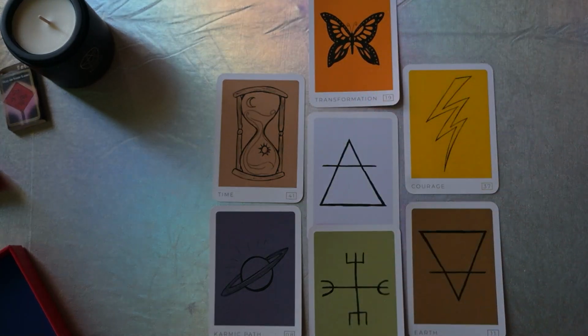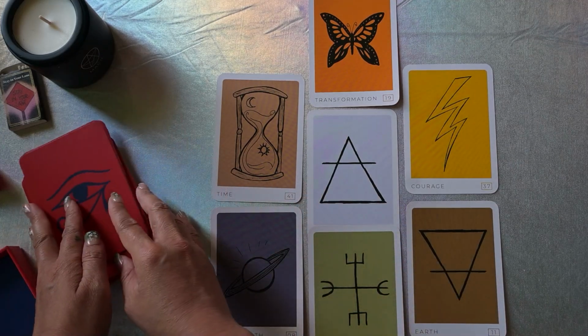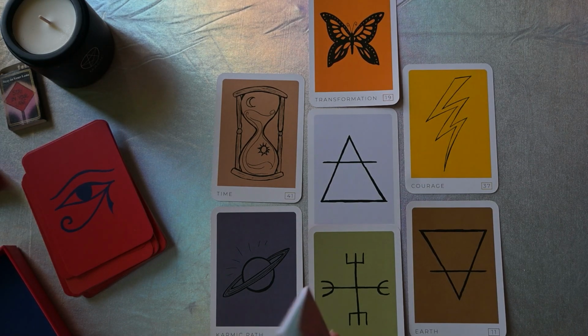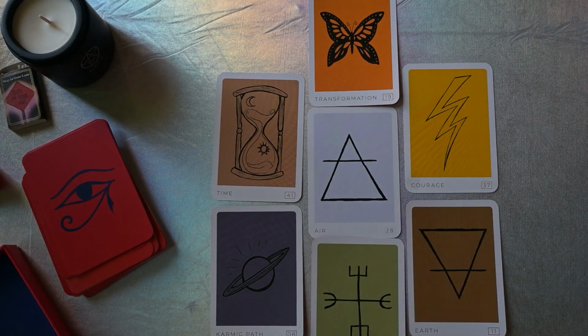Transformation. Interesting that we have 2 element cards here, but let's see what air is about. I'm getting a sense of like communication, but we'll see. Okay, these cards have numbers on them, which is helpful because I think that's easier to find if they're not